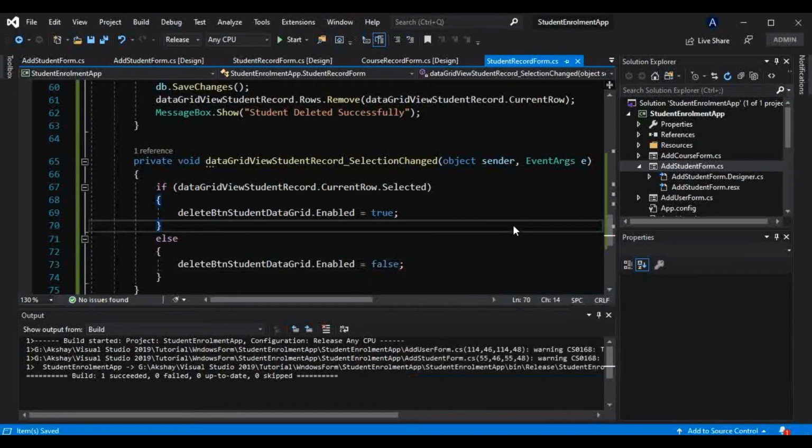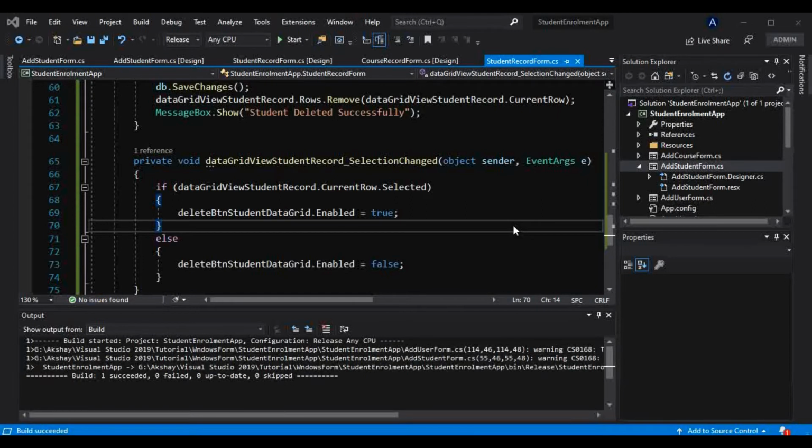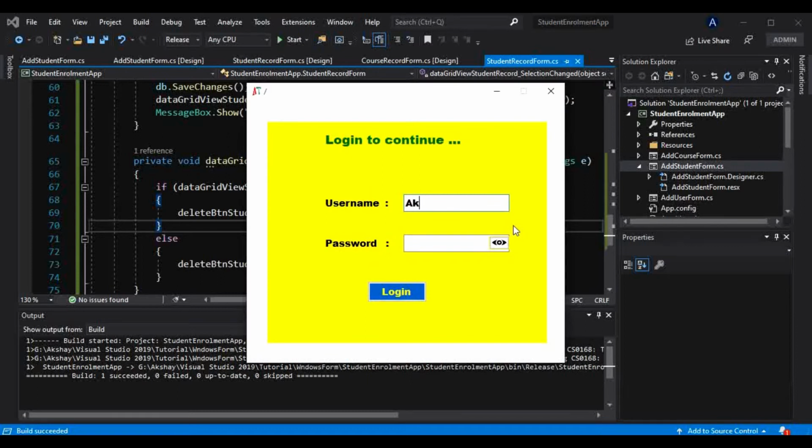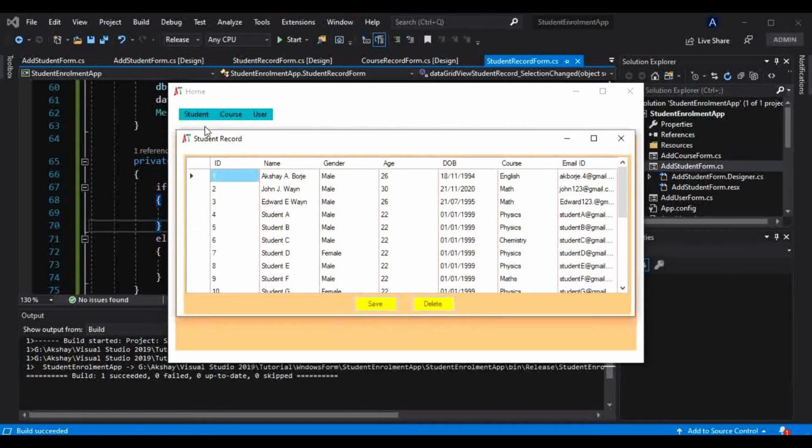Now having done all these things, let's check this once again. So Akshay B 1994, and let's log in there. Let's go to students, and now both these buttons are disabled here.